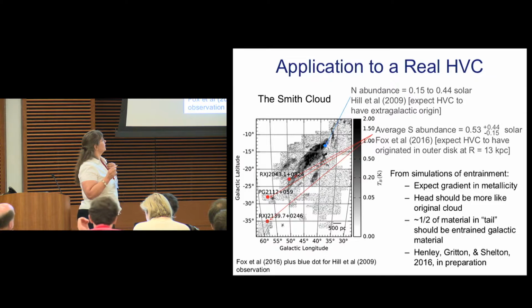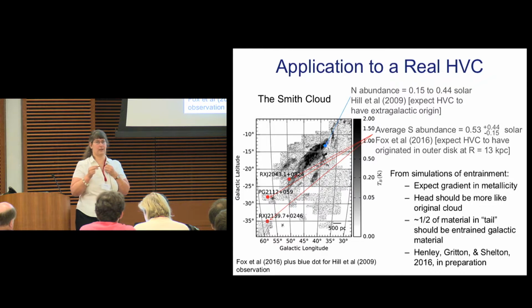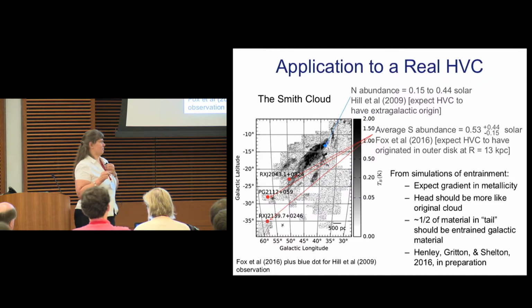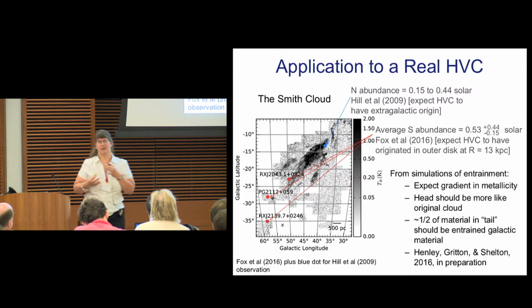If we look at this direction, and this direction, the observations, this line of thinking leads to the idea that the Smith cloud is extragalactic and is picking up metals from our galaxy. The difficulties in this, and again, we're still in preparation, are that this observation surprisingly has a low metallicity, and that the error bars are enormous. Take a look at some of those numbers there. Here's a metal abundance of 0.53 plus 0.44 minus 0.15. So the error bars are really large.